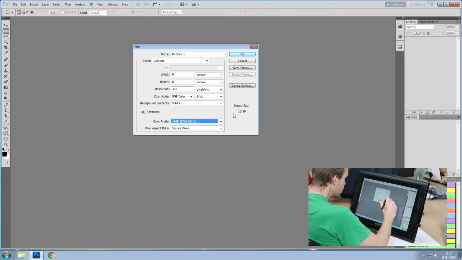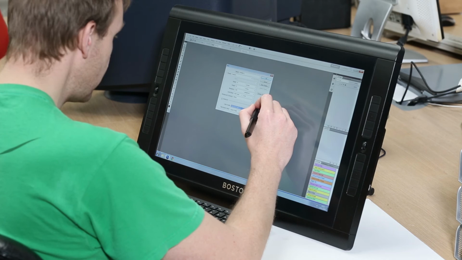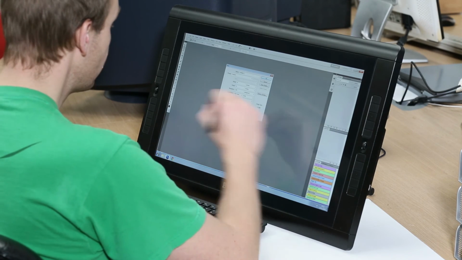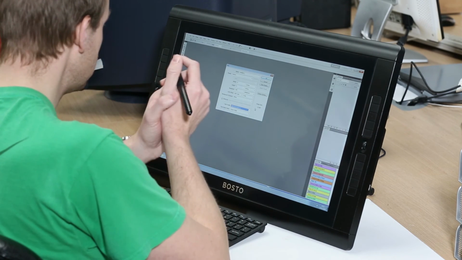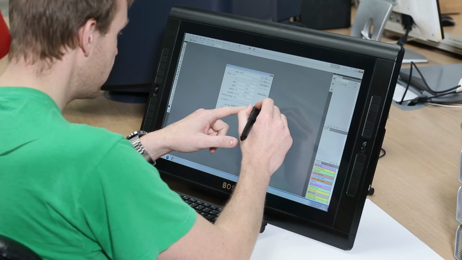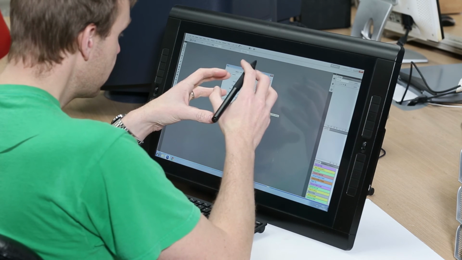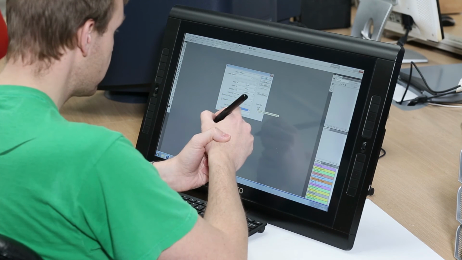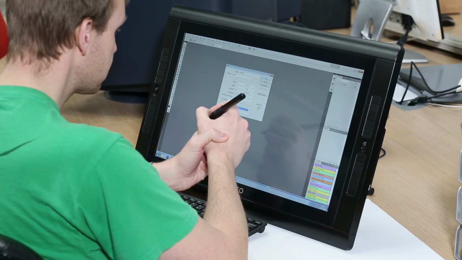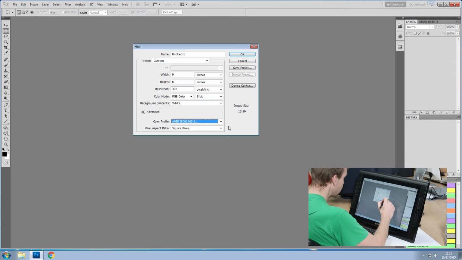Now the image size represents the uncompressed size of this document when viewed in Adobe Photoshop. Again, this is related to resolution, but it's also related to the file type that your picture will eventually be saved as. This is all set up correctly now, and if I wanted to call this 9x6 and reuse it,